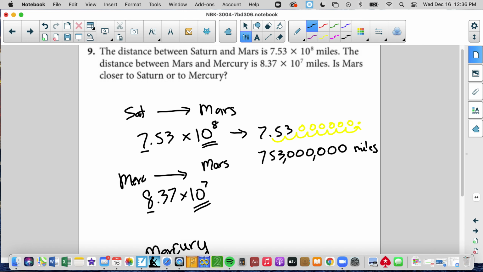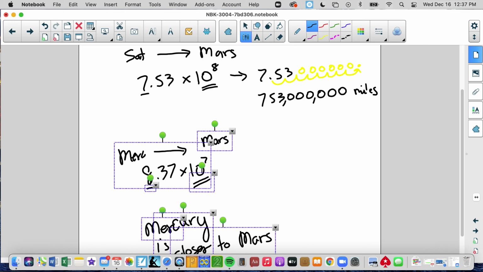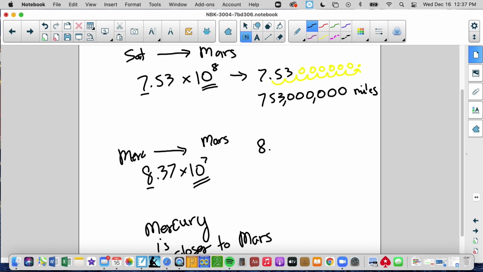And Mercury is, let's keep moving stuff down so we have proper space, and that's 8.37. This one we're only going to move 7. 1, 2, 3, 4, 5, 6, 7. Make the decimal point, add 5 zeros. So we get